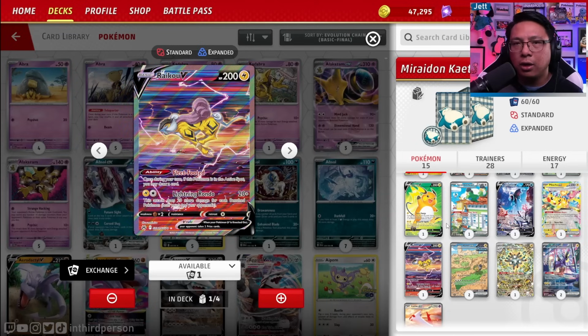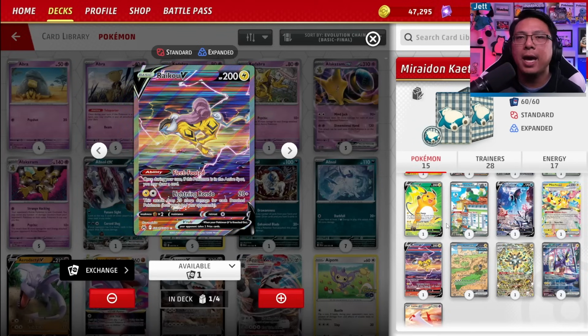which has a great ability that lets you draw a card off the top of your deck, and then for 1 lightning and a colorless does 20 damage plus 20 more damage for each bench Pokemon, both yours and your opponent's. Now, normally this would cap out at 220 damage with both players having 5 Pokemon on the bench, but in a world with Area Zero Underdepths, this can swing for much higher, potentially getting you 1-hit KOs on bigger